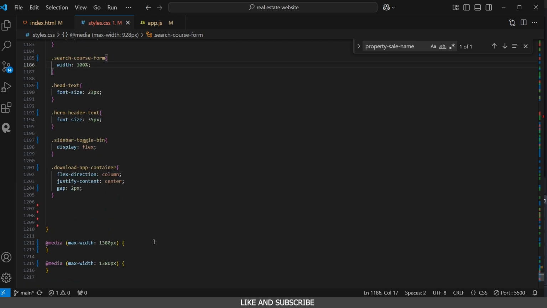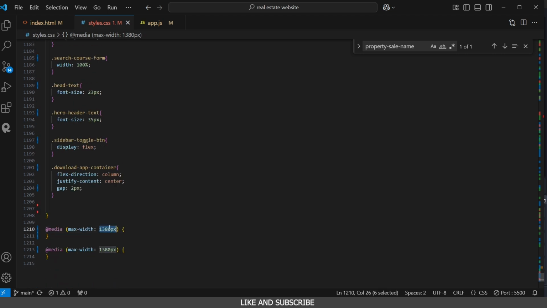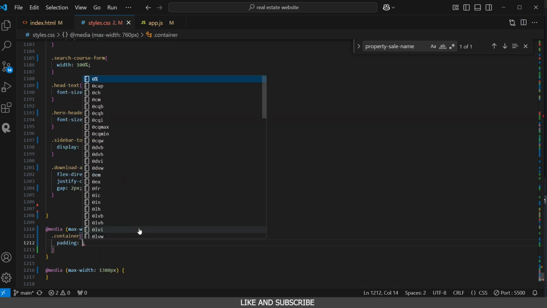Then after that, we're going to move on to our second media query. Sorry, not second. This is actually going to be the fourth media query. And here we're going to need 760px. For the 760px media query, we need quite a few styles in here. The first one is going to be container, and we're going to be reducing the container padding. This time around, we're going to reduce the padding here to